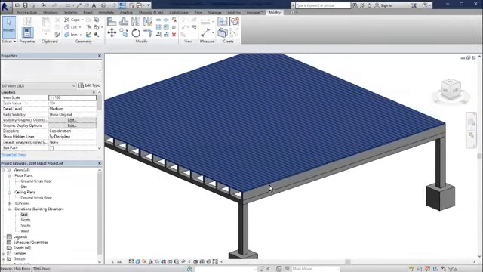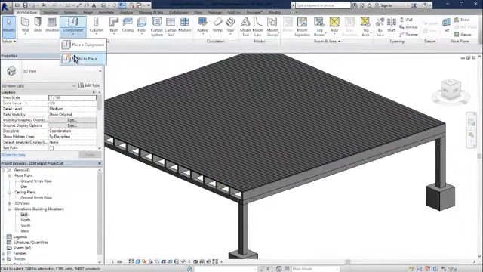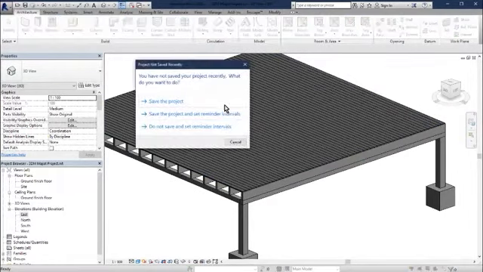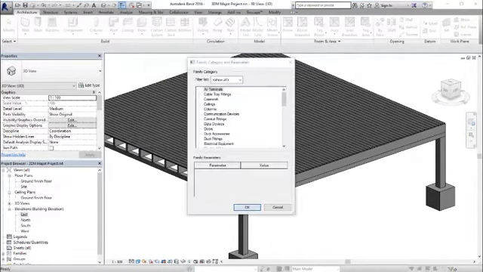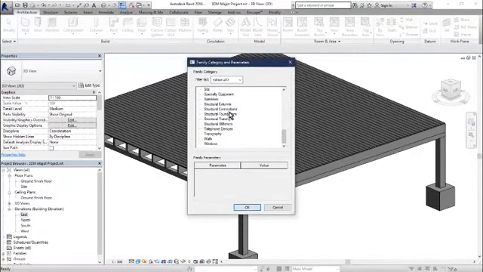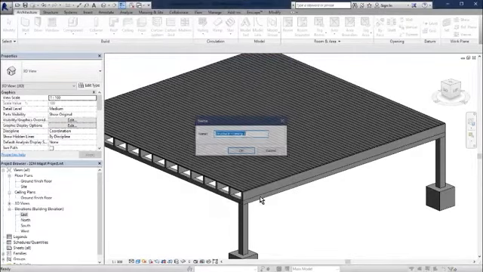So to do this, we're going to do the same thing again. We're going to go to architecture, and we're going to go to model in place. It's asking us to save, so it's a good idea to save again. We're going to do this also as a structural framing, so we're going to choose OK. We're going to call this sole plate,